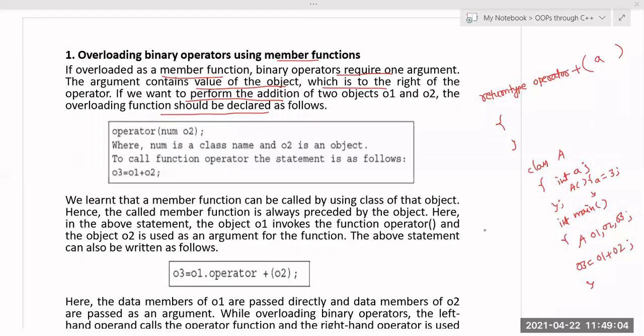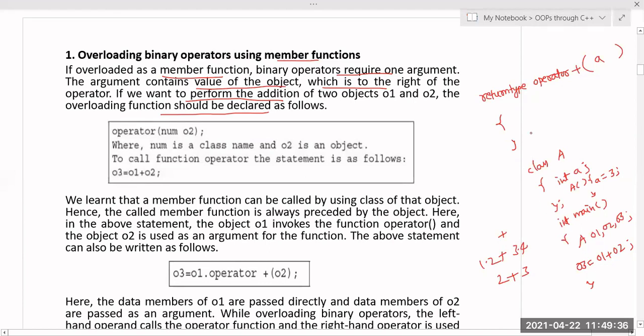Yeah, it is not possible because O1 is an object type and O2 is an object type, and both objects I just want to do the addition operation. But generally, for addition, both should be integer values, or float values, or long values, numerical values, or that may be floating point values. But here I am trying to add two objects, but that can be possible through this operator overloading.